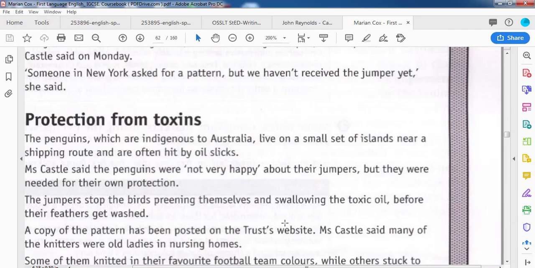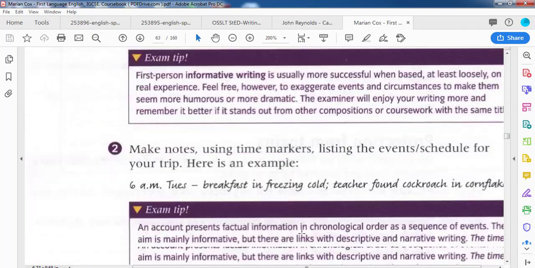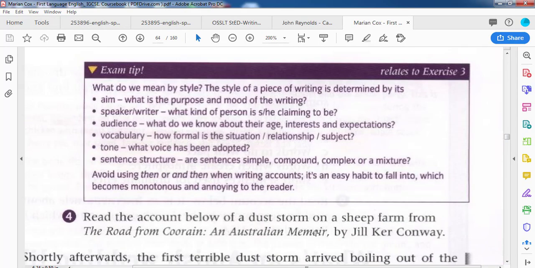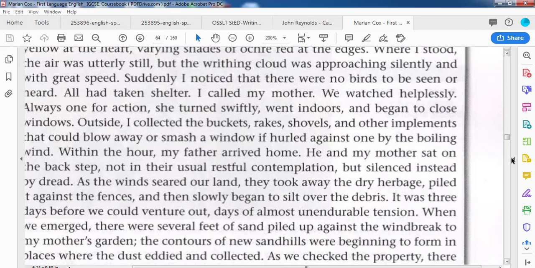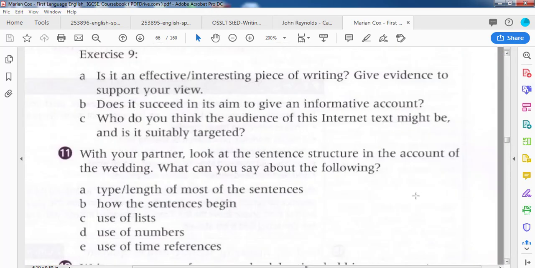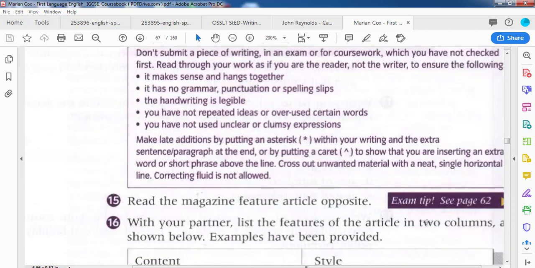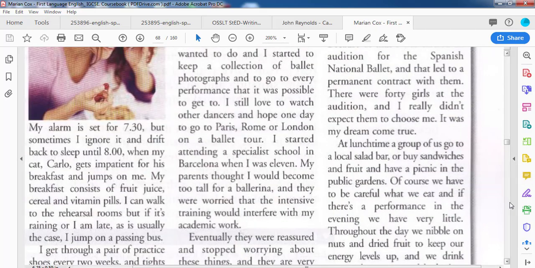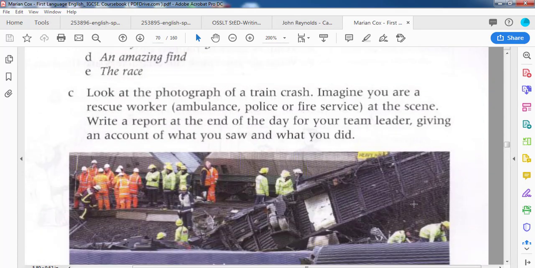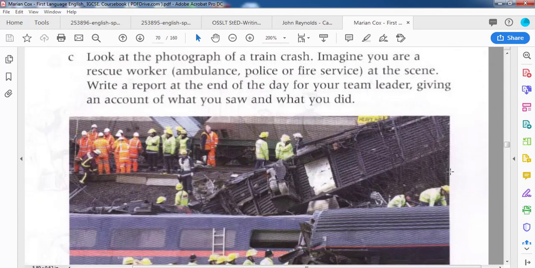And look, we have a very interesting exercise. I will try to allocate it, okay? It's about a train crash, yeah. Okay, if you wish, for example, to let the students write a homework at home, look at the photograph of